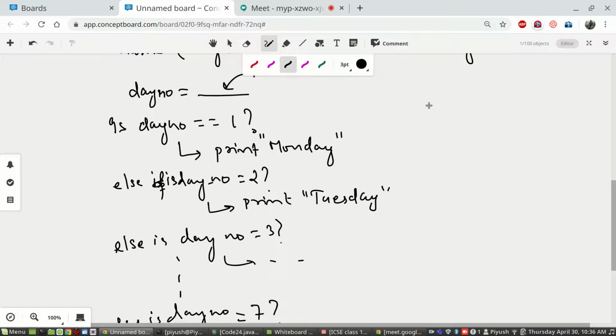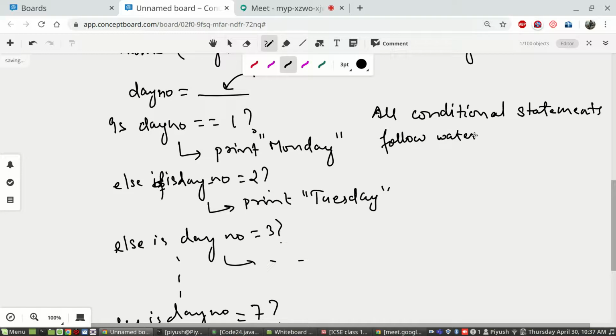All the cases of conditional statements follow the waterfall approach.